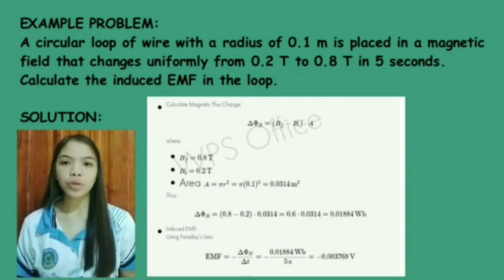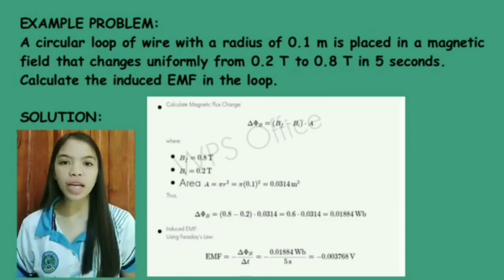Next, we determine the change in magnetic field, calculated as 0.8 T minus 0.2 T, resulting in 0.6 T. Applying Faraday's law of electromagnetic induction, we find the induced electromotive force, EMF, using the formula, and by substituting the values, we determine that the induced EMF is approximately negative 0.003768 volts. The negative sign indicates the direction of the EMF, which opposes the change in the magnetic flux